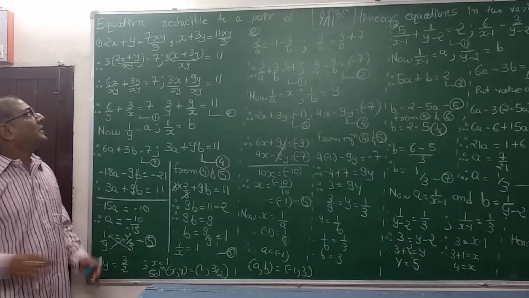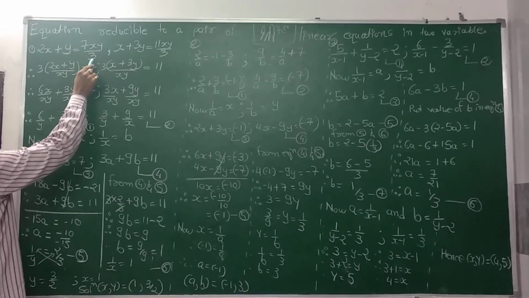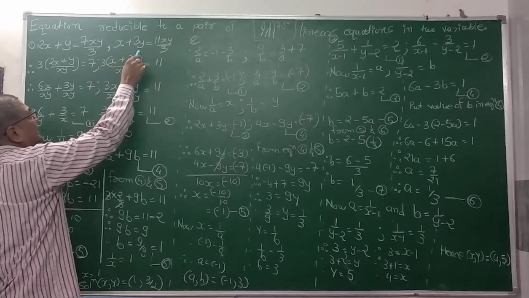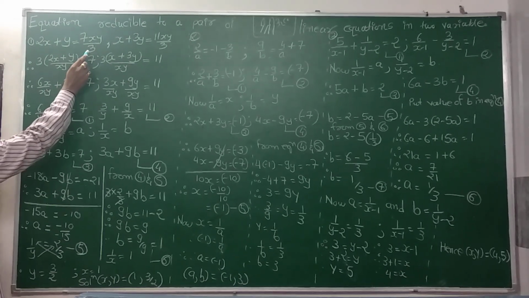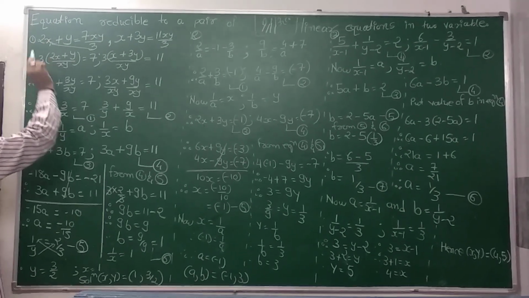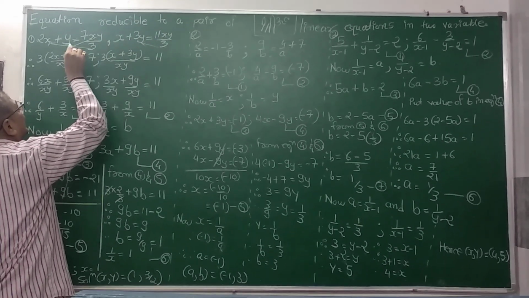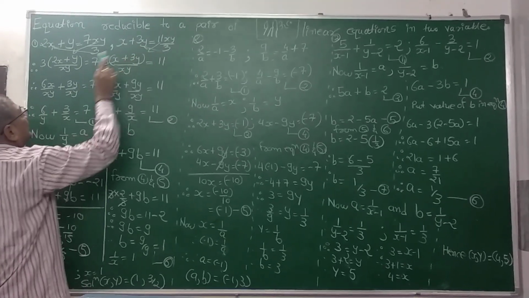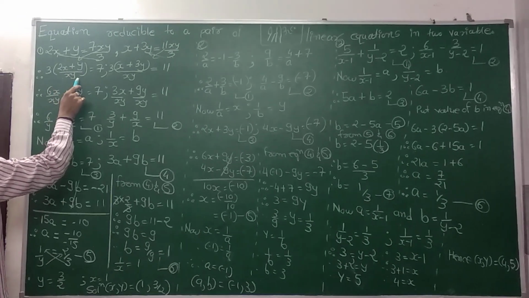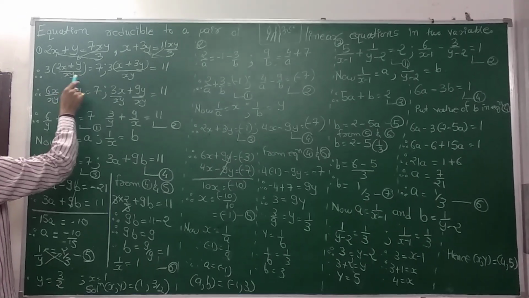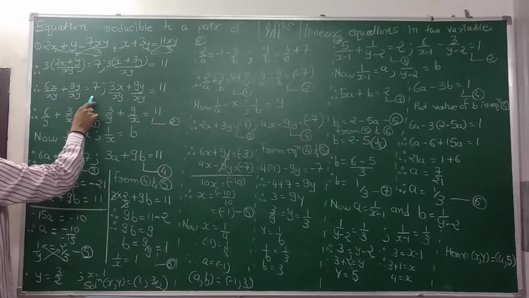If we see example number 1, that is 2x plus y is equal to 7xy upon 3 and x plus 3y is equal to 11xy upon 3. With the help of the linear equation rules, this 3 goes from the left hand side to the right hand side, and this xy goes to division. So that is 3 into bracket 2x plus y upon xy, bracket over, is equal to 7. We apply the distributive property in both equations, so we get this equation.